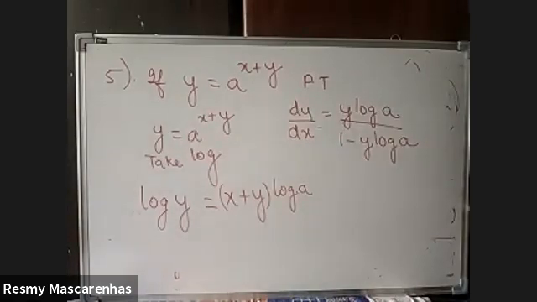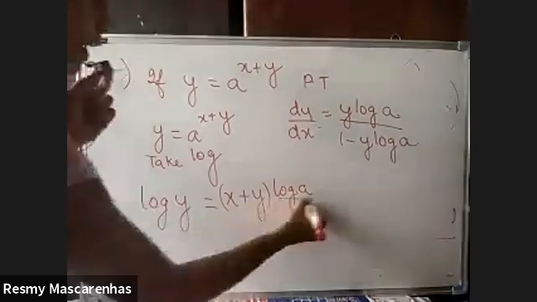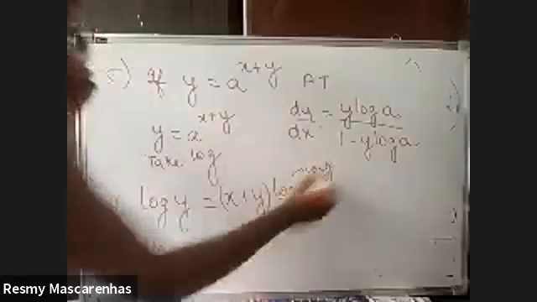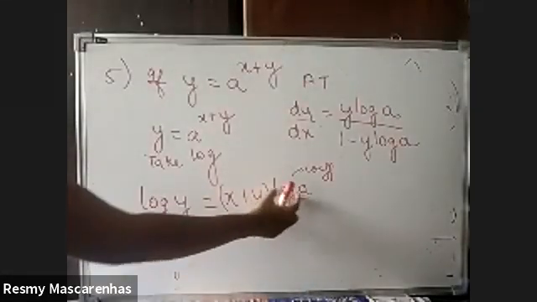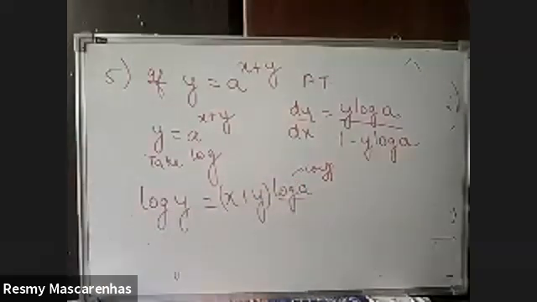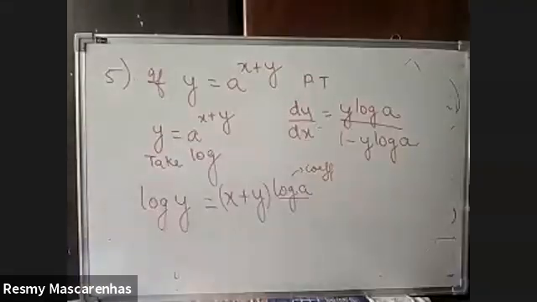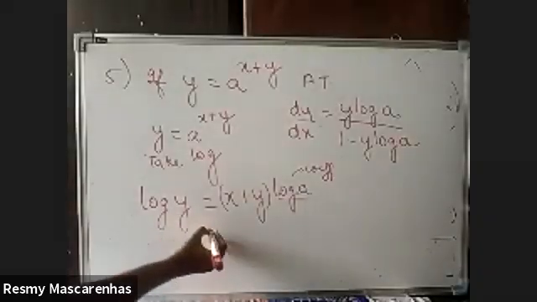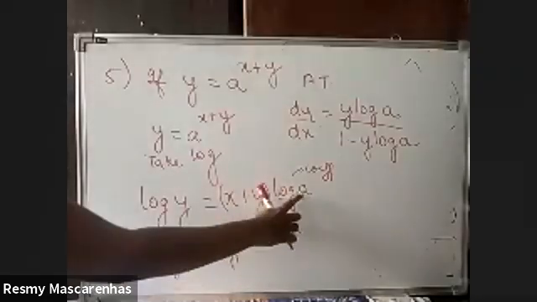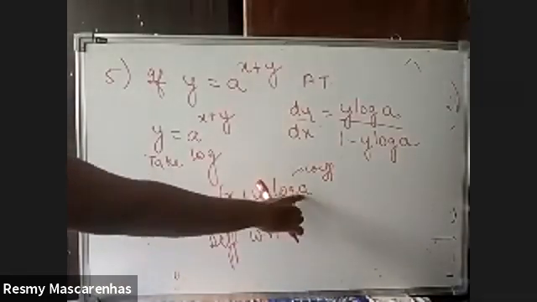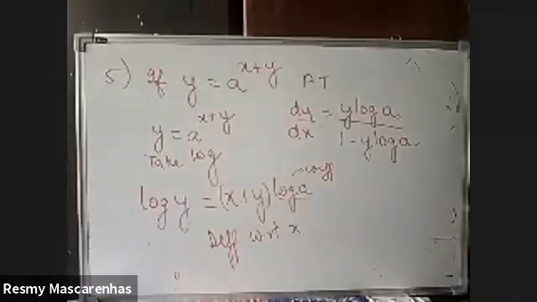Now take the derivative. Remember that log a is like a coefficient. It is not a variable. Don't take the derivative of this. It is like some number. Log a could be like some coefficient, 5 or something like that. So don't take the derivative of this one. It will remain at the side only. Now differentiate with respect to x. If this was log of x, then you would have to differentiate, but this is log of a, so it is a pure number. So you have to take the derivative of only these two, x and y.